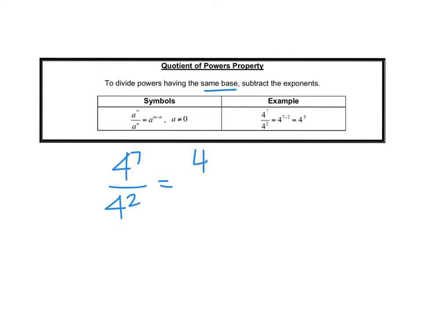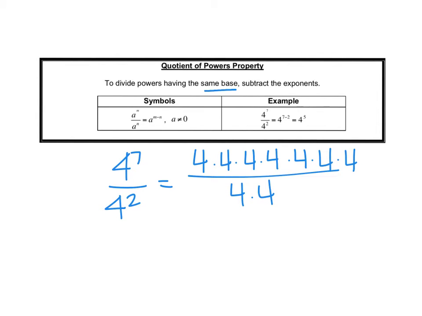the prime factorization. I would have said that I had 7 fours, and then I would have had 2 fours down below here. All right, so see what happens here? I've got 2 sets of these that are going to be canceling out, leaving me with 1, 2, 3, 4, 5. So I'd have 4 to the 5th power, and I could evaluate that using my calculator, 4 to the